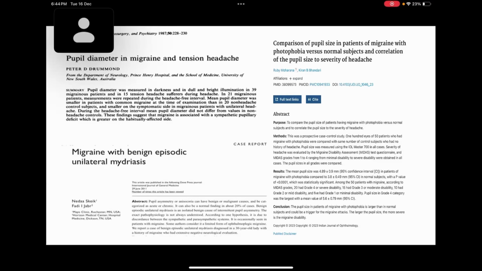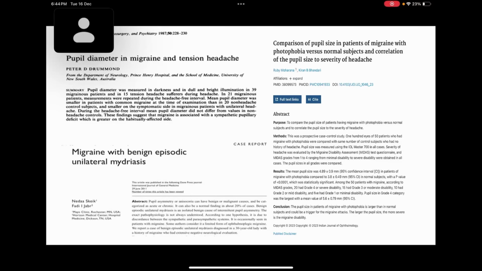Then there was one more article published by her where she noticed that patients who had migraine with photophobia and an enlarged pupil did very well with diluted pilocarpine eye drops, given over a period of 3 months, twice a day. The severity of headache was very less. The episodes of migraine had become very infrequent. So this was a carry forward of this study.